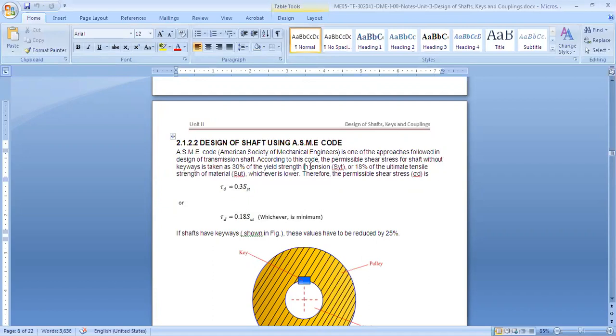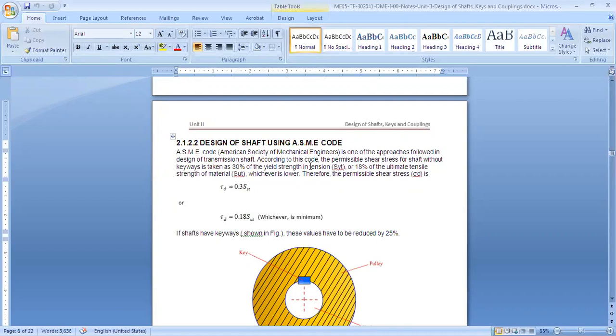So those things are not considered. Say your shaft is in a vehicle, it continuously undergoes different kinds of impacts or cycles. So to consider those, that equation is not sufficient.